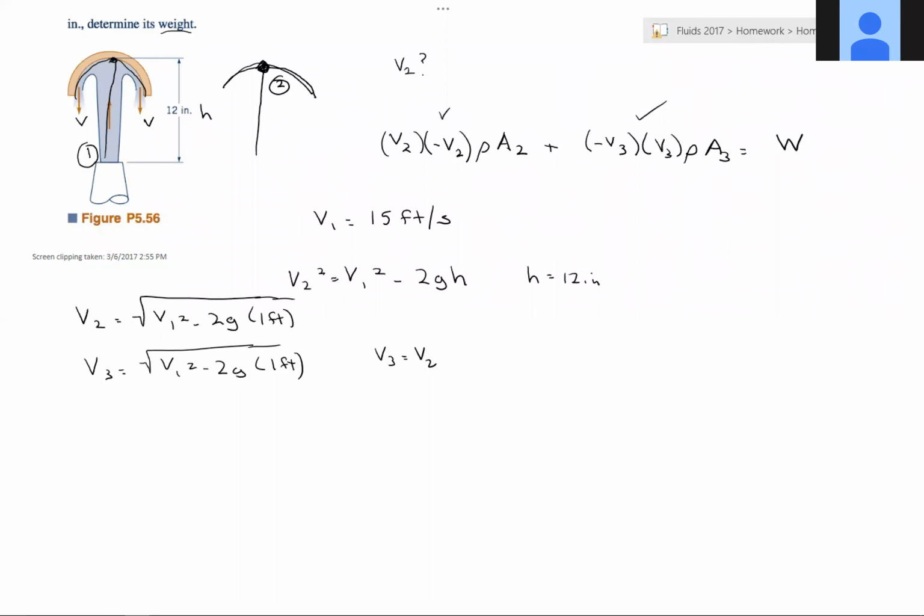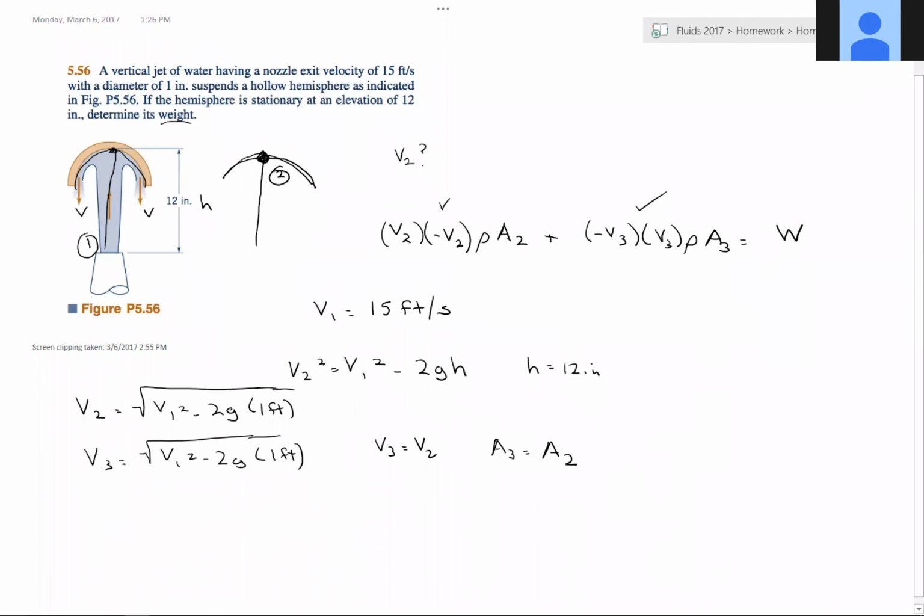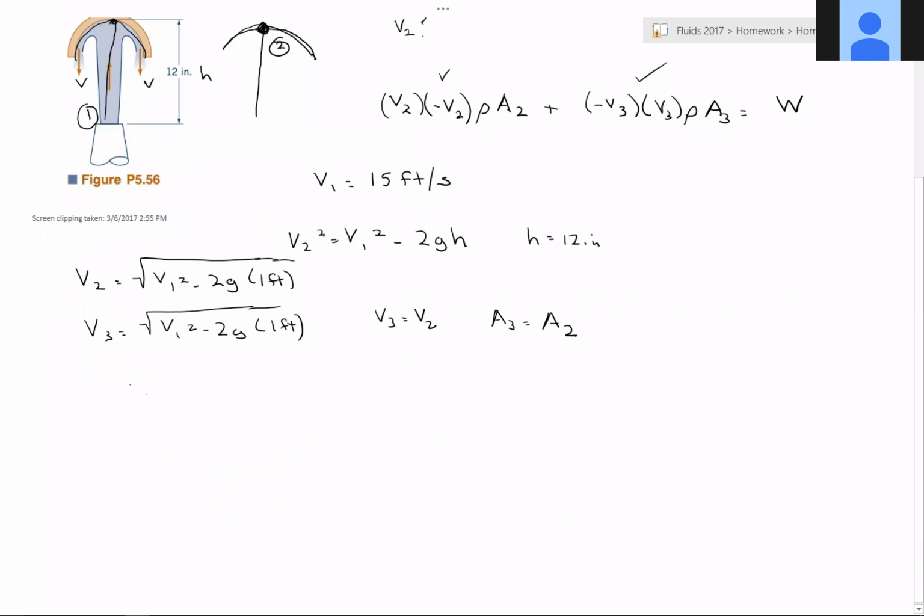That's exactly right. It doesn't matter because the areas have to be the same from continuity, right? So what area do we know? We know A1, exactly. So we can go V1 A1 equals V2 A2. We've figured out V2. We know A1. We know V1. We can solve for A2,